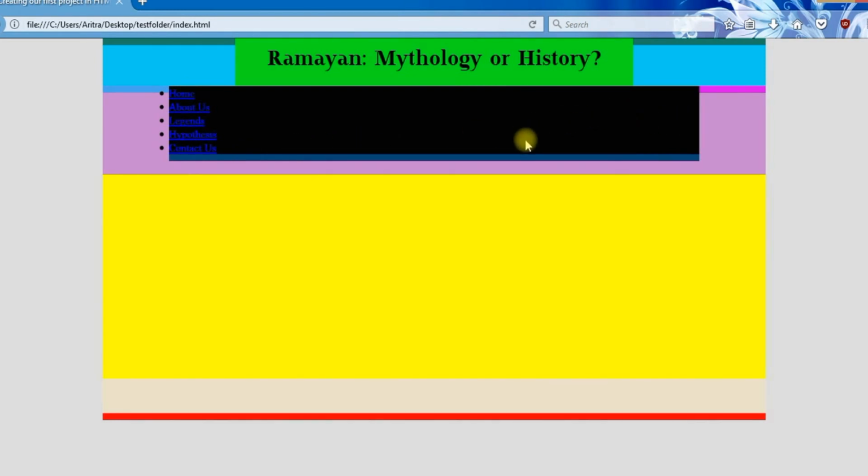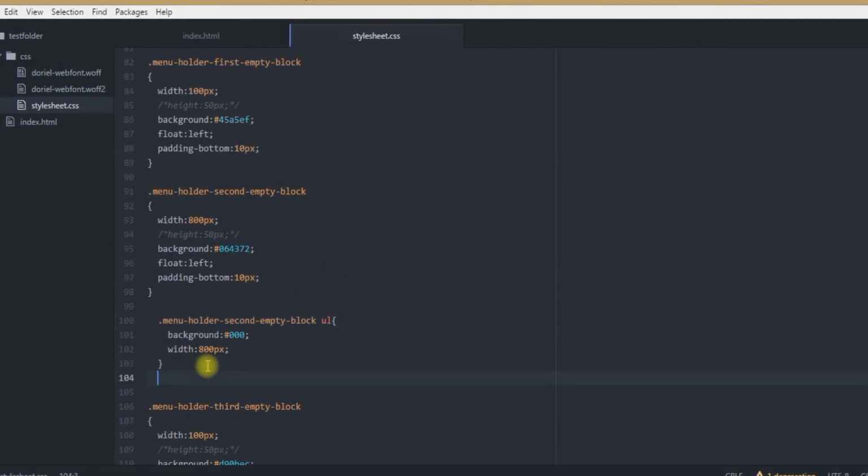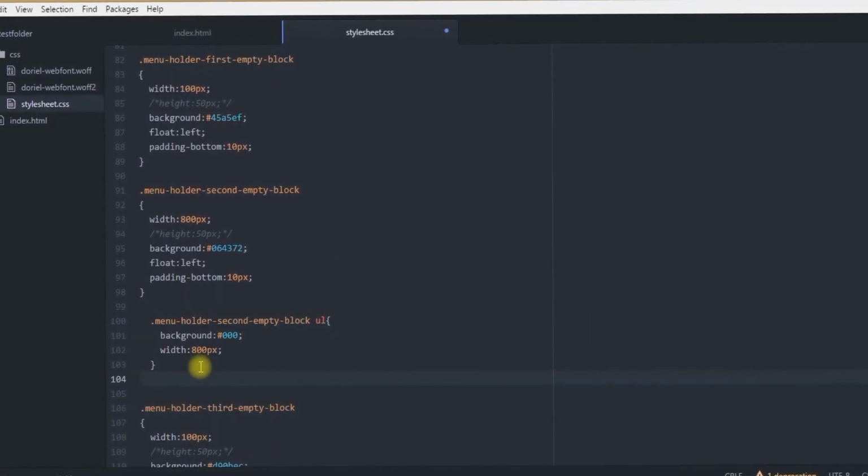So the rest of the things remaining here is the list item inside and the anchor tag that you have produced over here. So all you need to do, you need to get back to your project, and as you have customized this unordered list over here, then you have to customize the same list item that is coming under this unordered list.